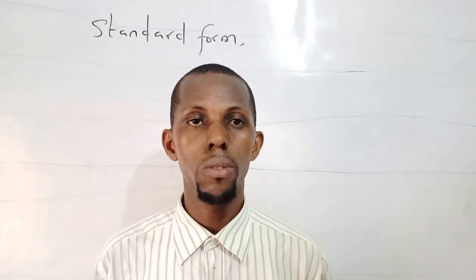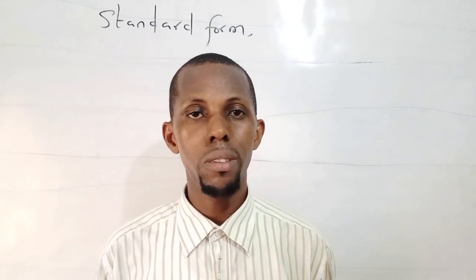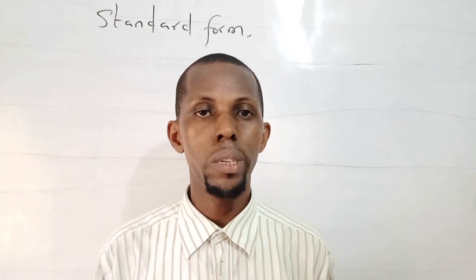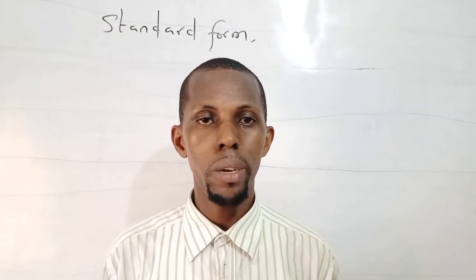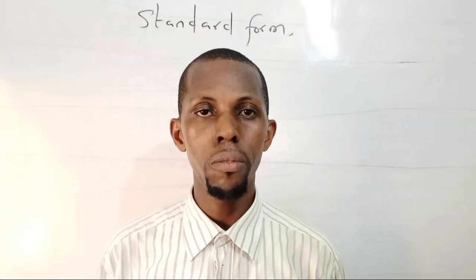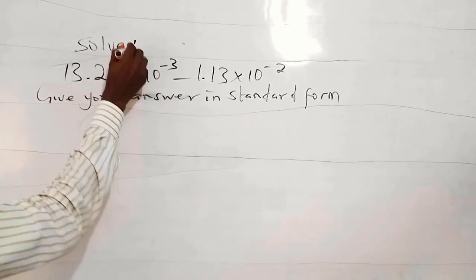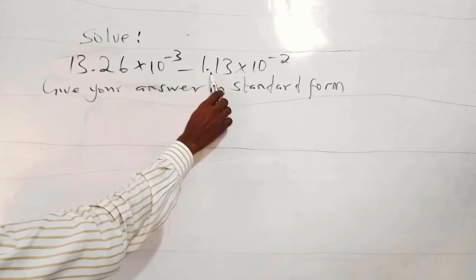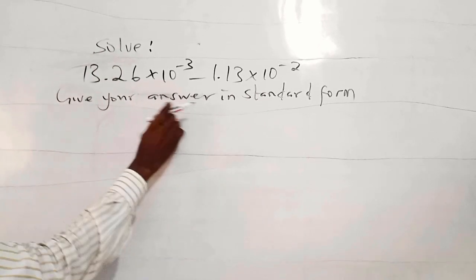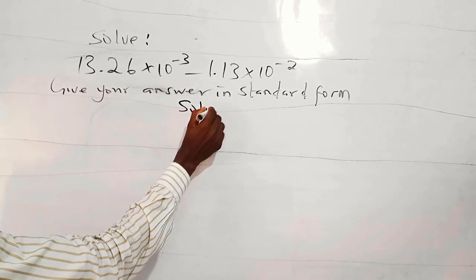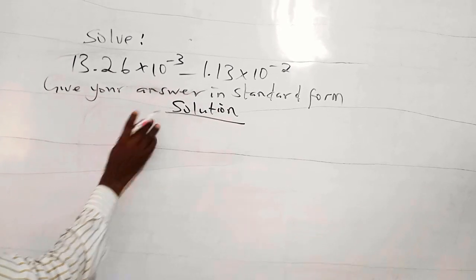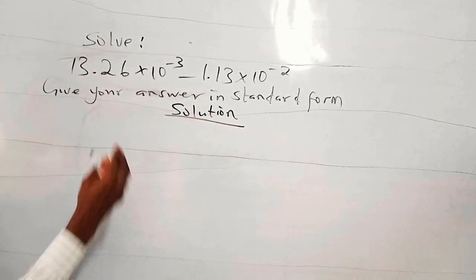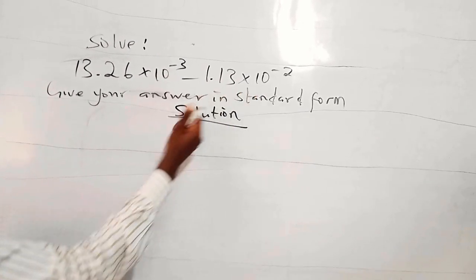Hi everyone, today we are going to look at operations involving standard form: addition, subtraction, multiplication, division, and other questions involving standard form. We are to solve 13.26 times 10 to the power minus 3 minus 1.13 times 10 to the power minus 2, and give the answer in standard form. Solution. Now, one of the laws of subtraction is when we are subtracting standard form, we must make